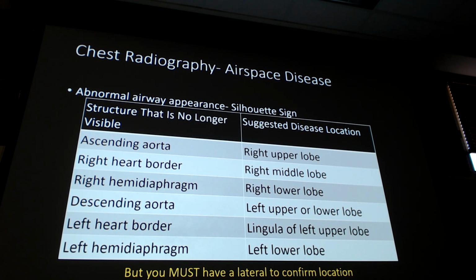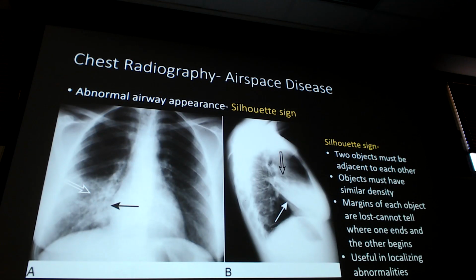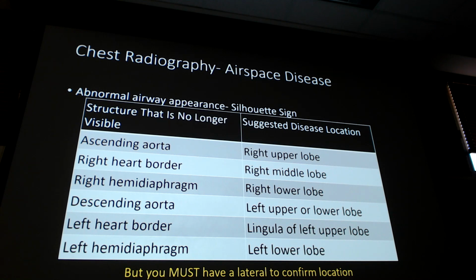The right heart border, that's right middle lobe. So that would be this guy right here, the right atrium, the right heart border. That looks low. It does. But remember that middle lobe sits right in there, and it kind of goes along. You got your lateral, right? And when you look at your lobes on your lateral, you're like, oh yeah, that's that nice little triangle lobe that's right over the heart. But if I didn't have this, the right heart border is going to be your right middle lobe. Right hemidiaphragm, right lower lobe. And then the same basic thing on